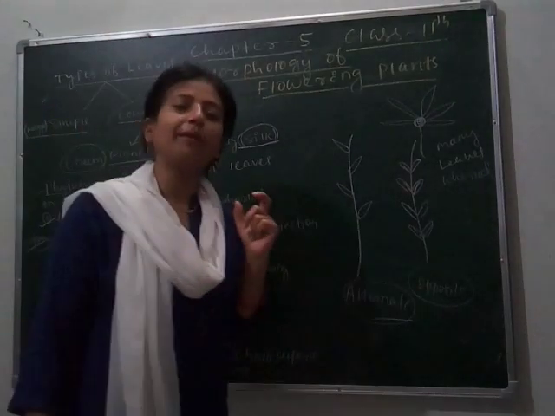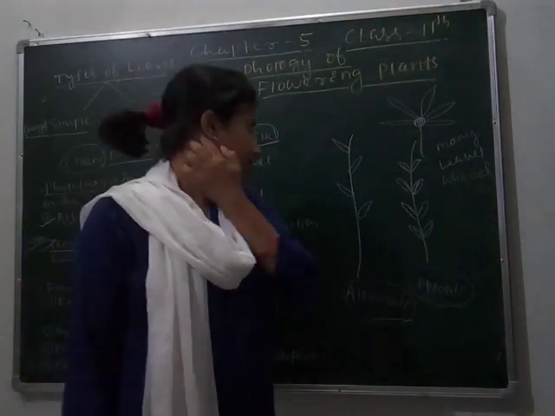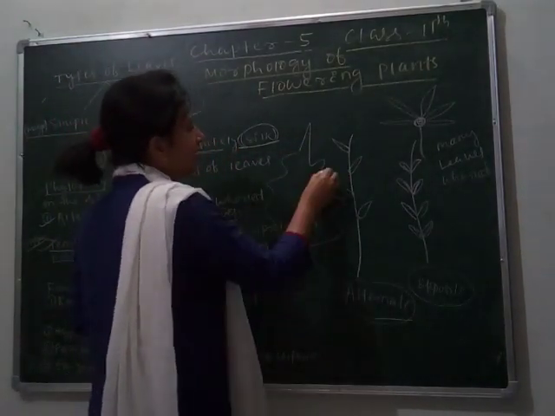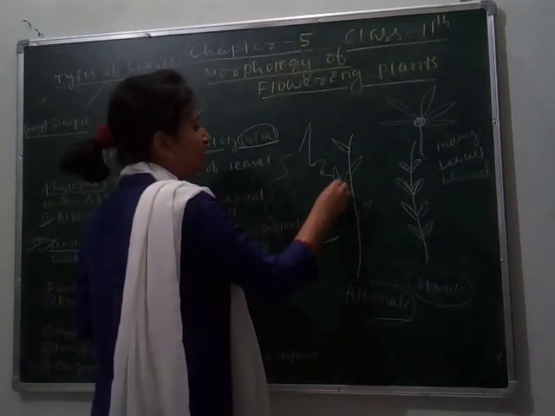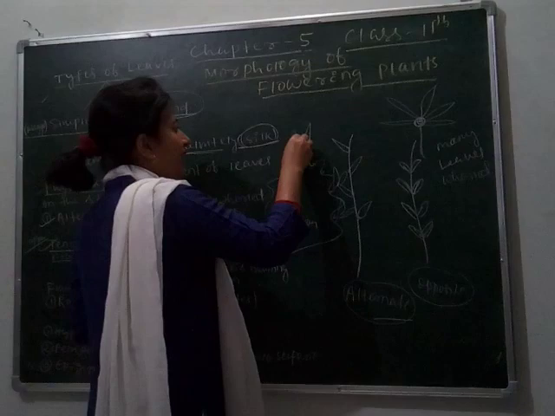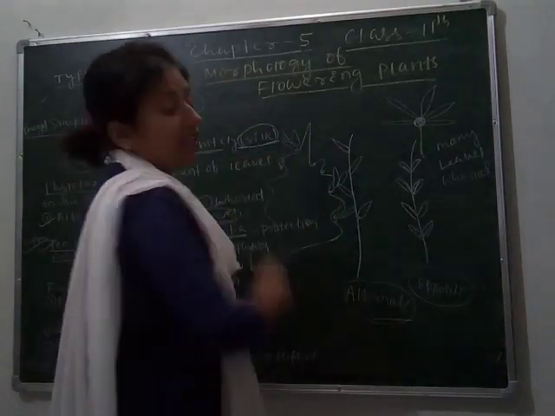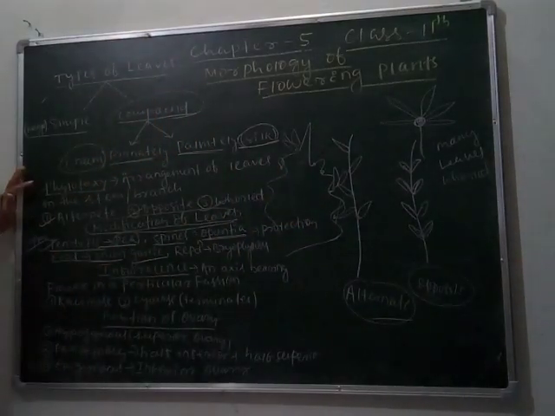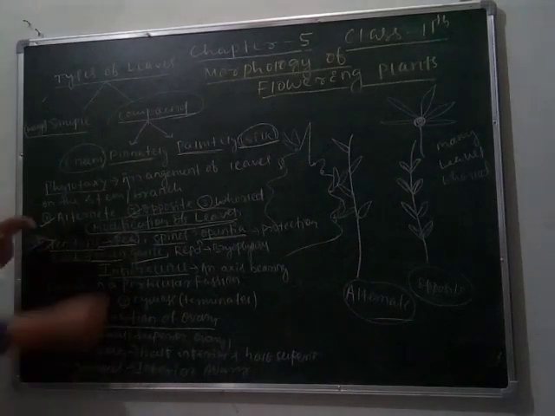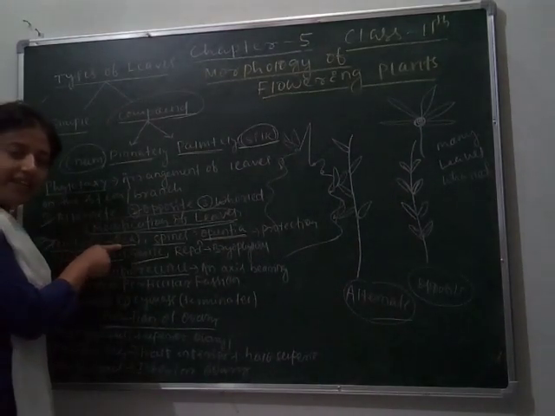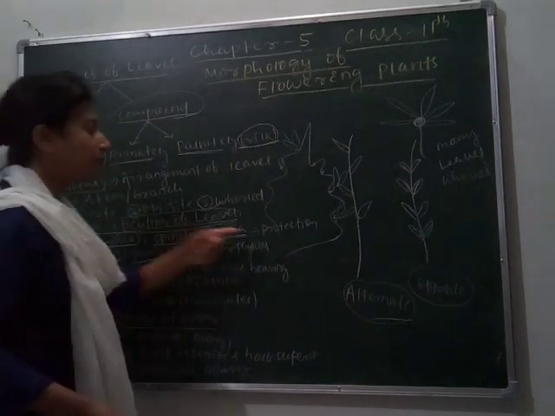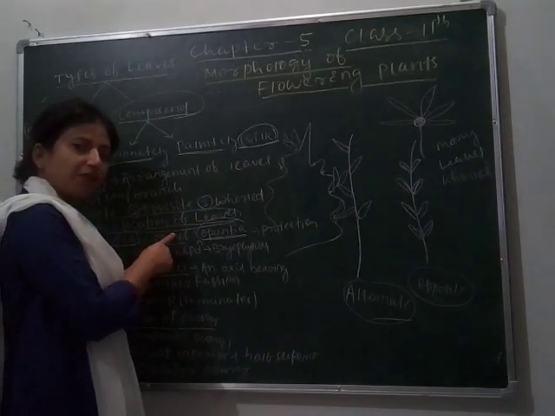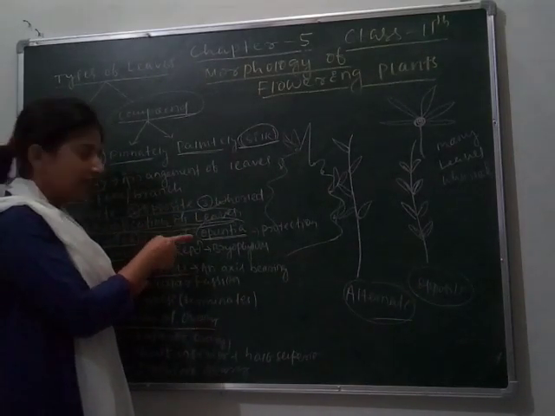Next, you know about Bryophyllum. I taught you Bryophyllum in class 10th. The leaf is like this. Some notches are present on the leaf from which new plants arise. Here it is for reproduction, so vegetative reproduction. So here we study that the leaf is modified for support, for example in pea, the leaf is converted into a tendril. For protection, the example is Opuntia, in which the leaf is modified into spines for protection against predators or other browsers.